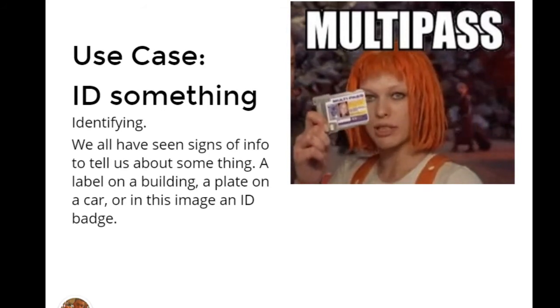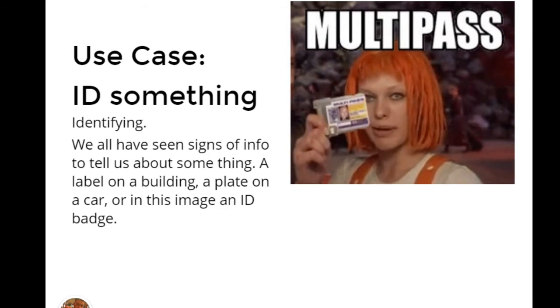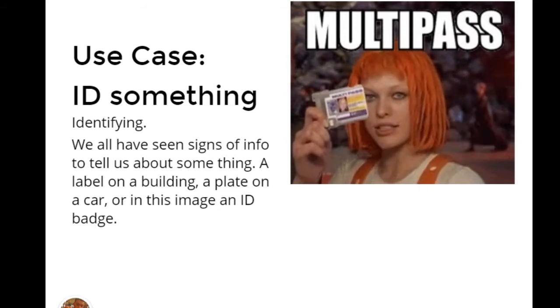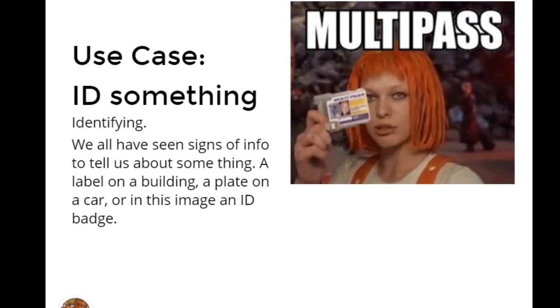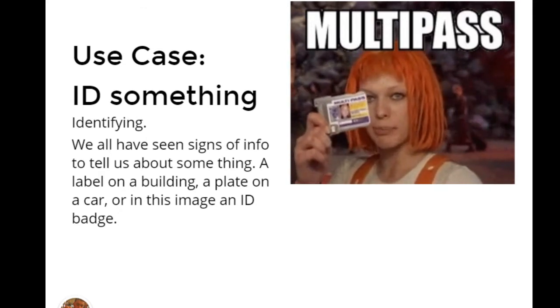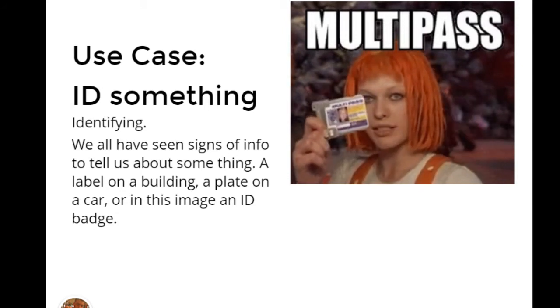So here's a use case, IDing something. We have signs telling us about things, right? Labels out there. There's that apartment complex down there on Willamette. It has a giant label across it. It's like whatever it says. IDX has their signs. Everybody has signs and stuff. And this is a little sign. This is an example of signs we all carry, right?